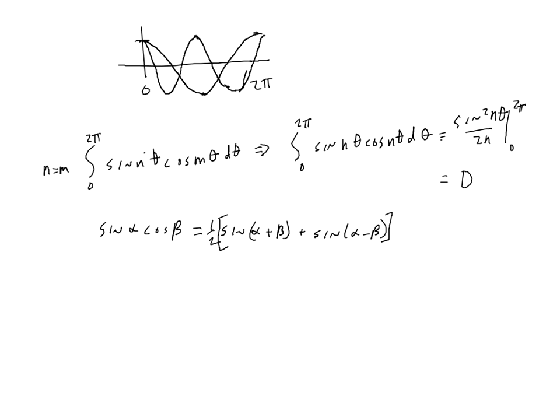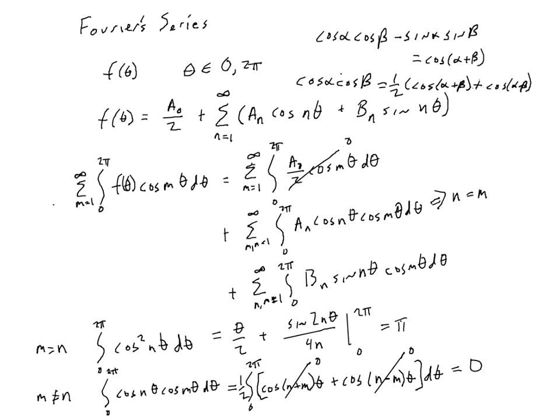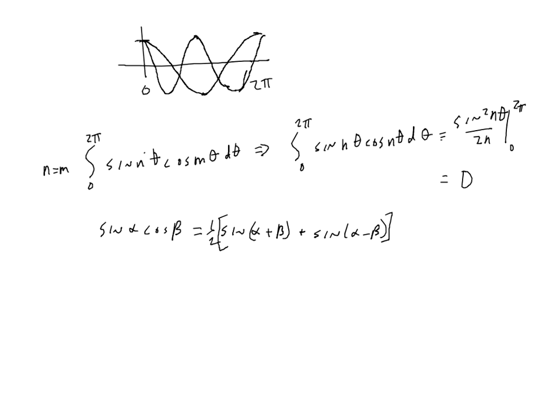So you basically end up with the exact same argument here, where if n and m are different, then this is still going to be 0, because when you integrate it, you're just integrating the sine. If n and m are the same, then the second term is 0, and the first one still goes to 0 for the same reason. So what you get out of that is that this last term must be 0. So what happens is you end up with this integral, which comes out to pi, right? So therefore, we have